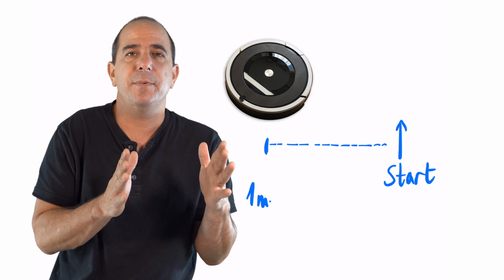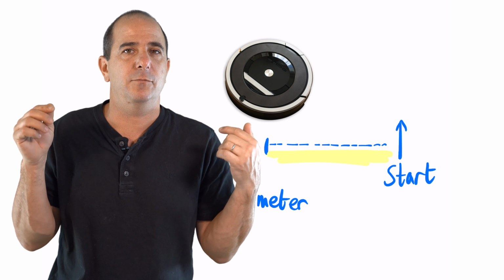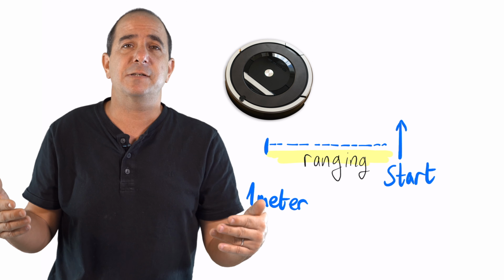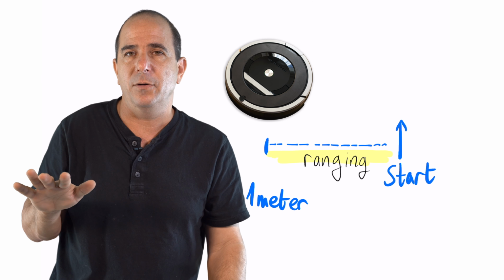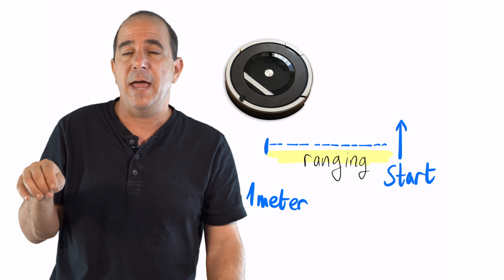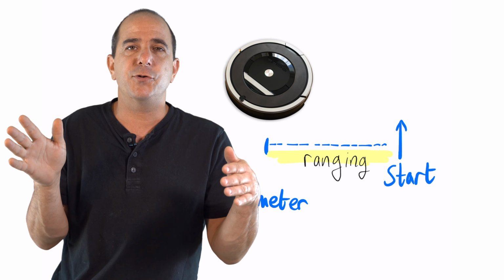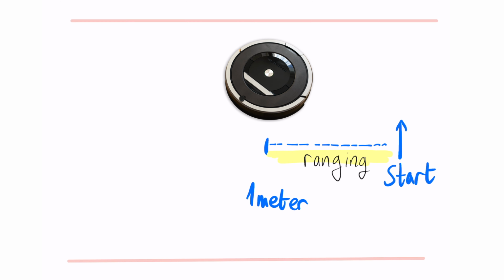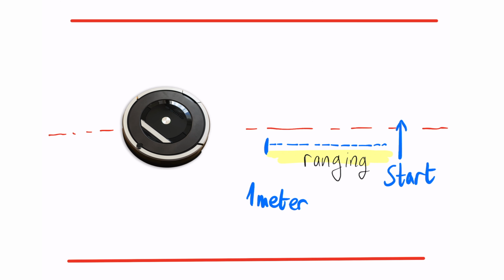Now let's start with inventing an intuitive SLAM algorithm. The robot starts, it moves, say, 1 meter, and along that 1 meter, it performs its ranging. Continuously doing it at a fixed pace, and trying to maintain, say, the middle way in the corridor between the left and the right walls.